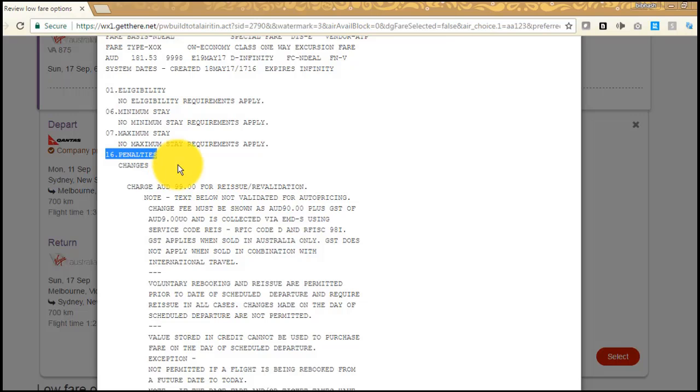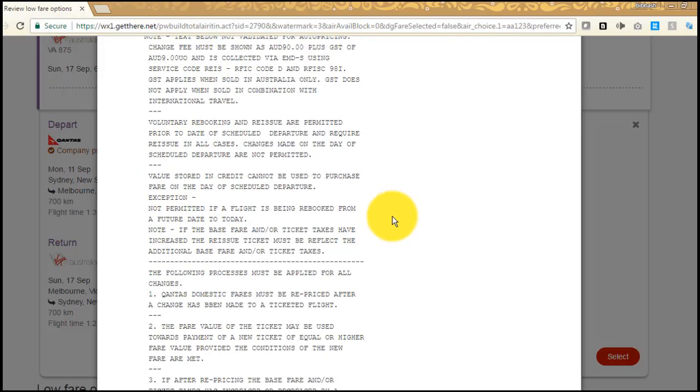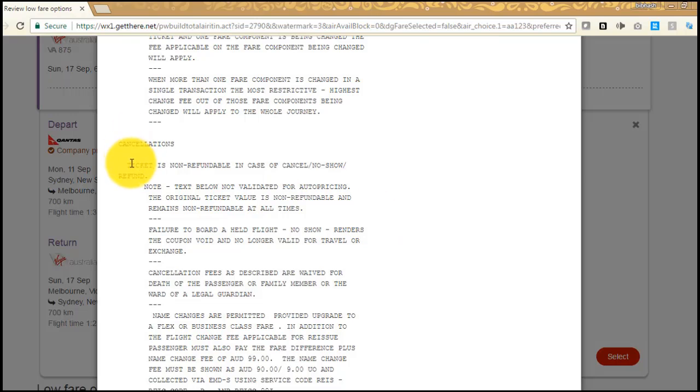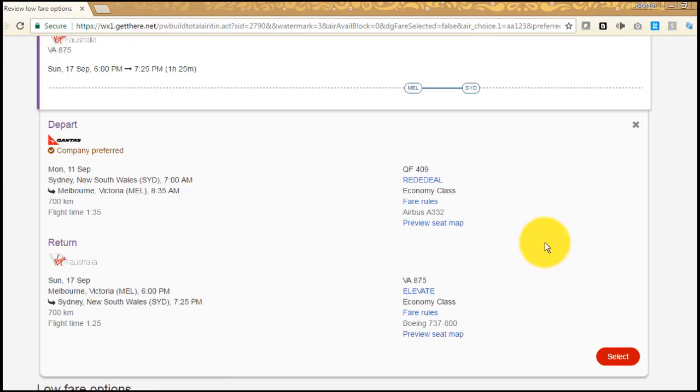So in that way, I can always scroll down to line number 16, no matter which airline, no matter wherever the user is traveling. And under the changes, the user can easily find out whether the itinerary is valid for changes. If it is valid, how much penalty is required. And scrolling down to the changes section, here the user can find out whether the ticket is refundable or